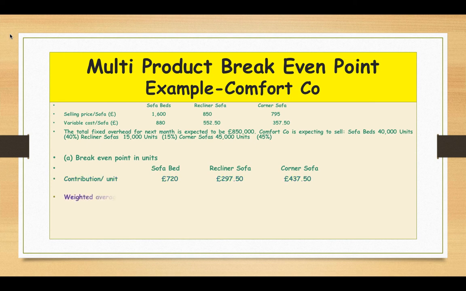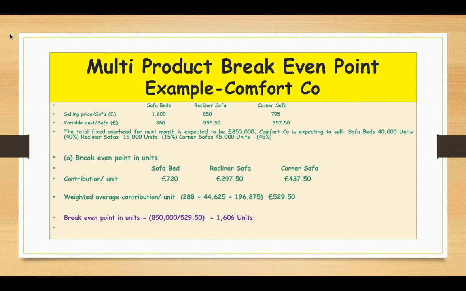Okay. So £720 contribution per sofa bed. So that is 40% of the total number of units they're selling. So 720 times 40% is £288. Same way, the recliner sofa's contribution per unit is 297.5, but the recliner sofa is 15%, so